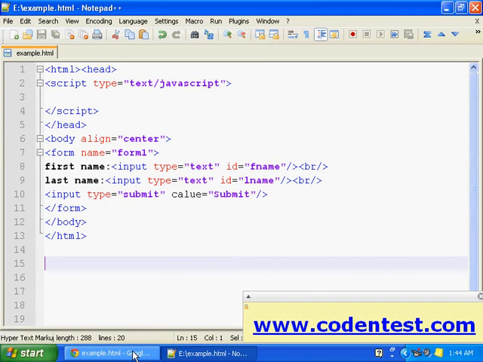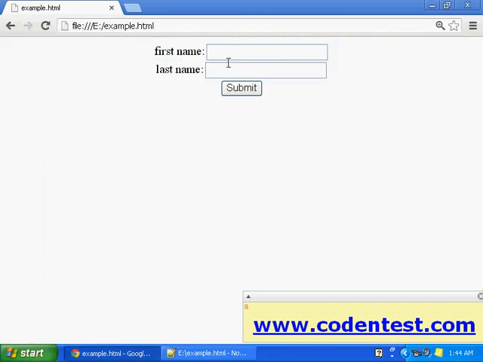Let's assume the user enters his or her first name in this text box and clicks submit. After clicking submit, we want an alert box to appear on the screen, greeting the user.